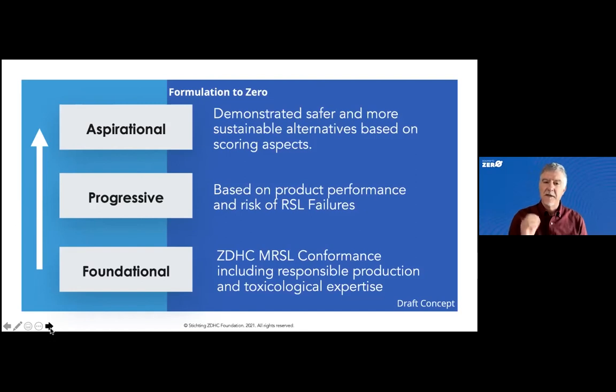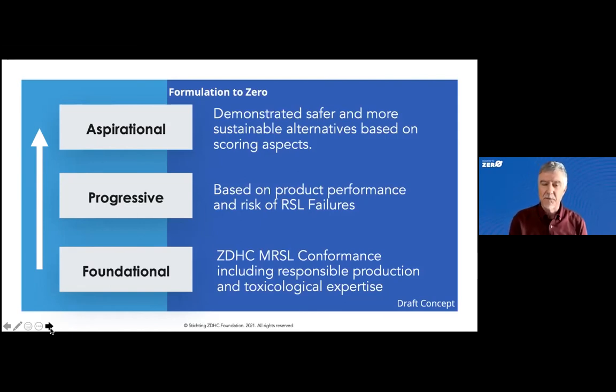Progressive is then looking at how does the chemical react on the product? Does it give good product performance? Does it really limit the risk of an RSL failure at the product level? Because there are some chemistries that are applied that they have to react, and then you have to check the product. But then aspirational is where we really want to drive to, and that's, are they demonstrated safer and more